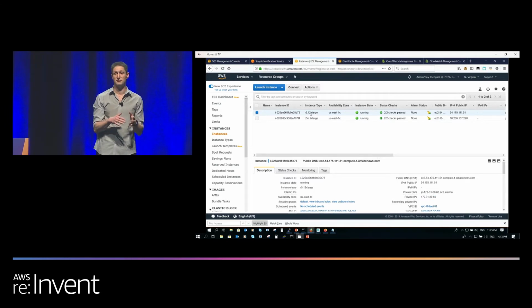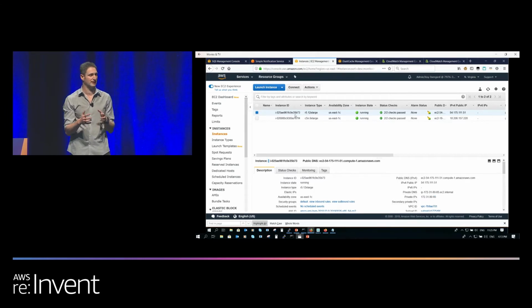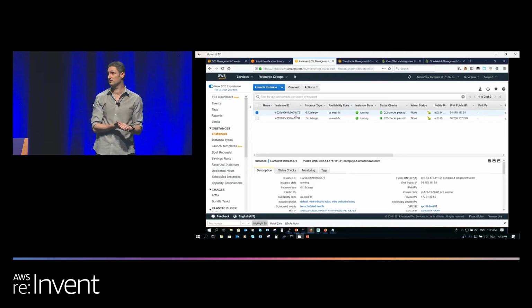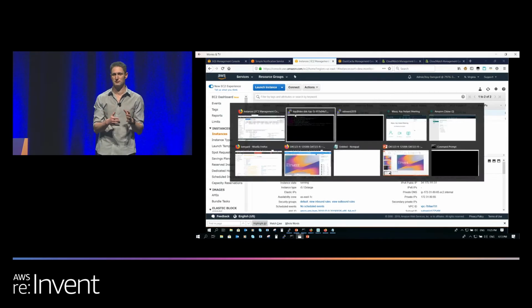And I also created a C5n host, which is used for the client. This is where I'm going to send the traffic. This is going to be the client side where I'm going to run the load generator and send traffic to ElastiCache, and before that to Redis.